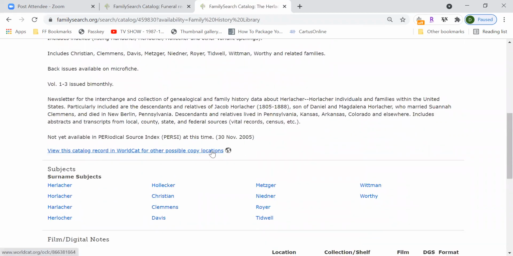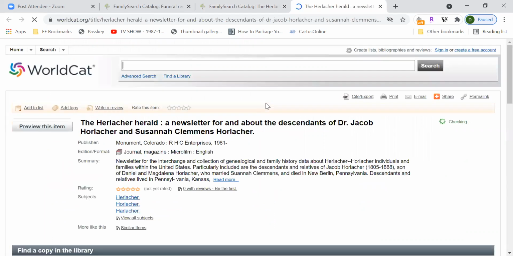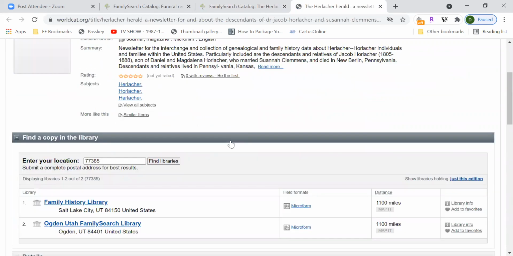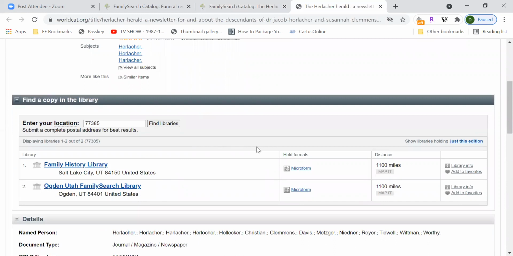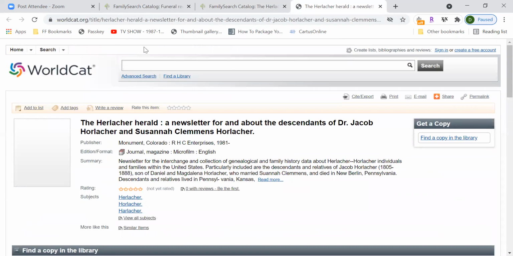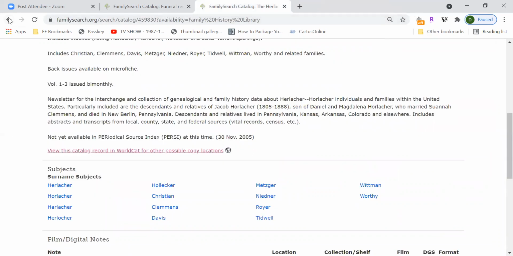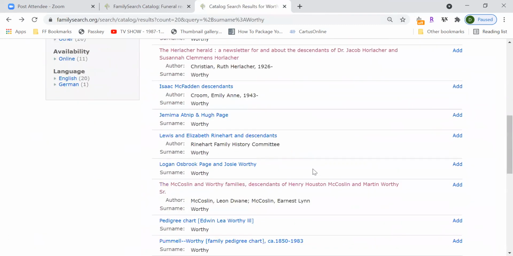Now, they do not have this one available for looking through FamilySearch, but if you click on WorldCat, which stands for World Catalog, it will show you where you can find it. So the Family History Library in Utah, and if you lived close to Utah in Ogden, you could go find it. So that WorldCat is going to take you out of FamilySearch and show you where physical copies are found of the item. Now, another Worthy one,